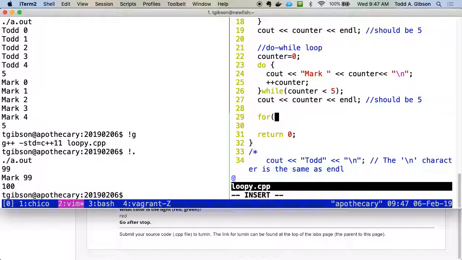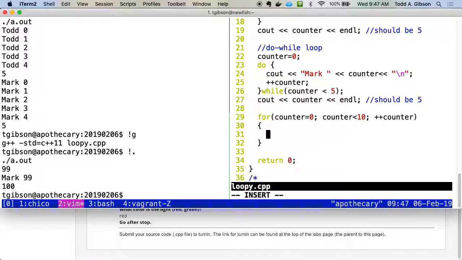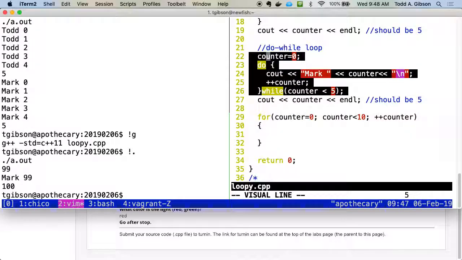So the 3 things are the initialization of the variable, counter equals 0, the condition, counter is less than 10, and the change of state, plus plus counter. Okay, this is a favorite of programmers because all 3 of those are in one place and it's easy for me to find them. Now I can see that it isn't that difficult to find all 3 of those here,